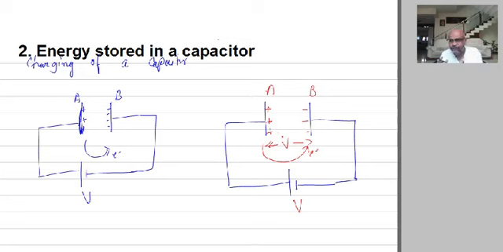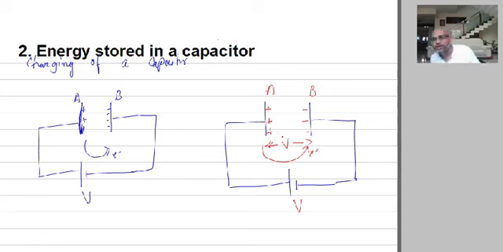So this is one important thing. Please listen. The capacitor gets charged by just connecting it to a battery. When you connect it to a battery, the electrons are pulled off from one plate and given to the other plate, and this process continues until the potentials across the battery and the capacitor become equal. Once the potentials are equal, the transfer of electrons no longer takes place, the capacitor is fully charged, and you can disconnect the battery. So the capacitor now will be fully charged.